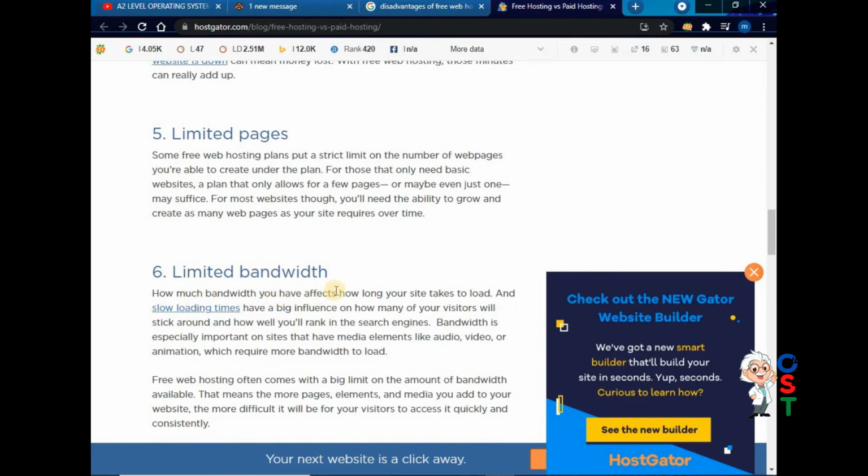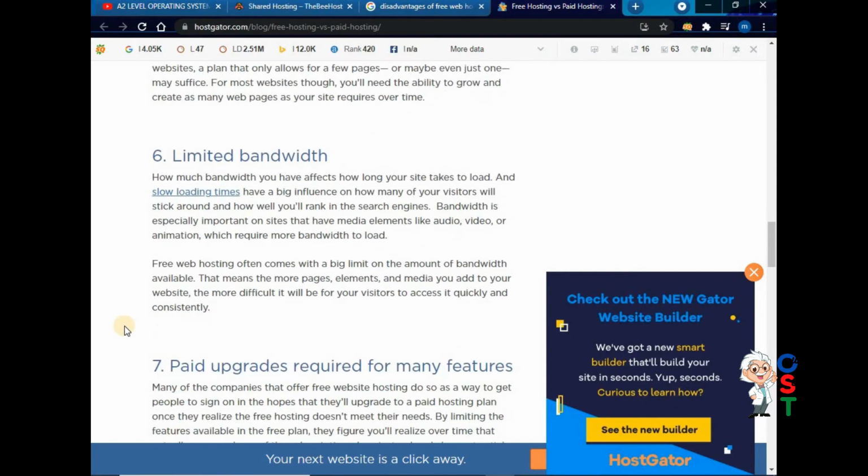Similarly, limited bandwidth, the speed at which the website is downloaded on any visitor's computer, that is also very important, because speed is very much countable, and if the speed is slow, then your visitor will leave your website very soon, after 3, 4, 5 seconds.